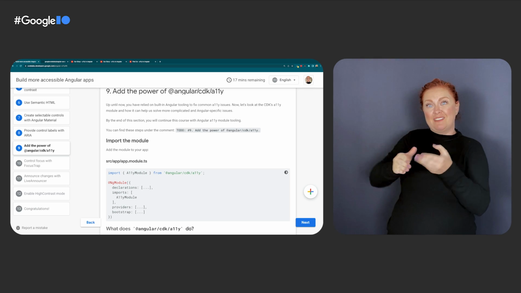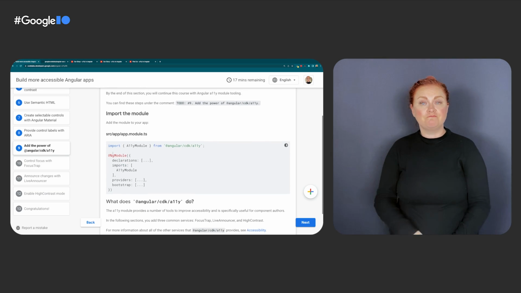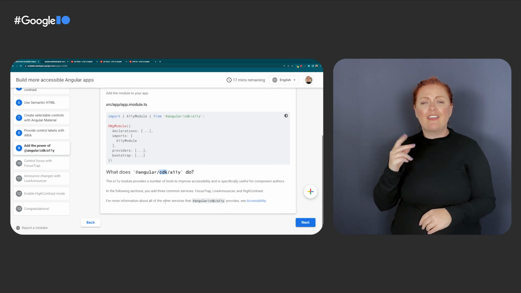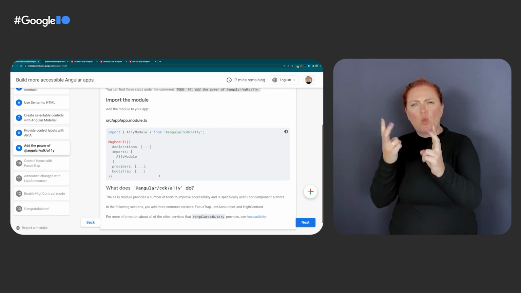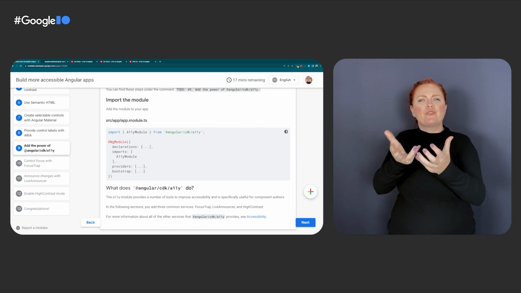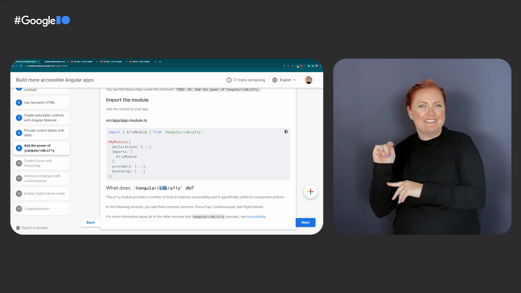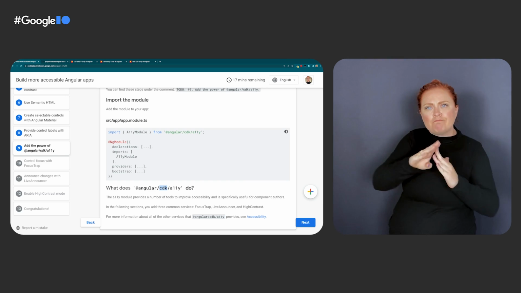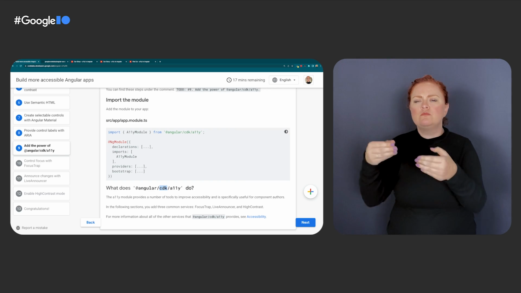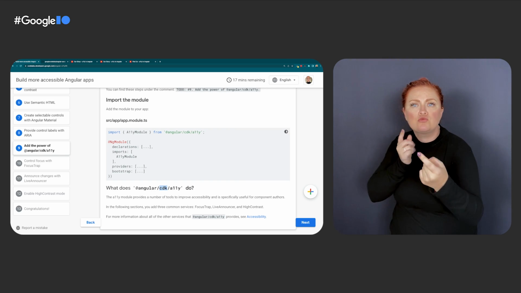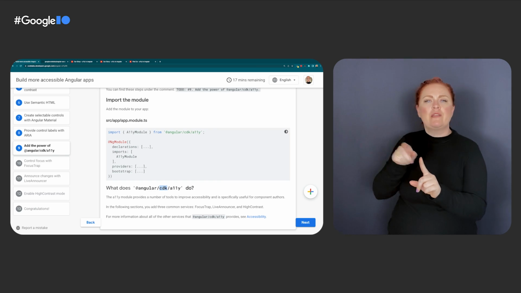And by the end of this section, we're going to add the module so that we can continue and do more of this. You can read more about what the CDK Ally package does on our docs website, but you can really think of it as providing a set of tools, just like anything in the CDK or component development kit. It's going to provide you a bunch of tools so that you can build components that are more accessible. It's going to give you ways to hook into things like focus, live announcement, contrast, all kinds of more nuanced interaction patterns that are common on the web that we want to give you a direct way to hook into